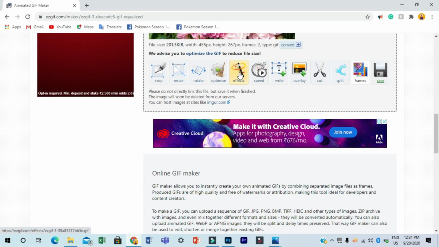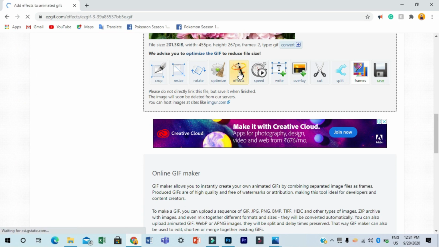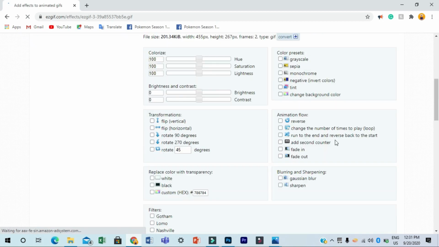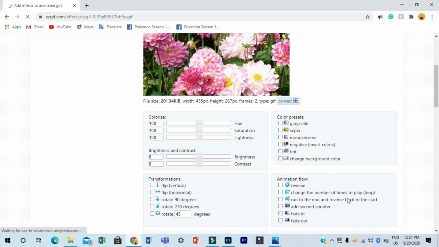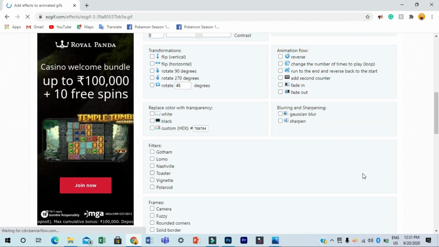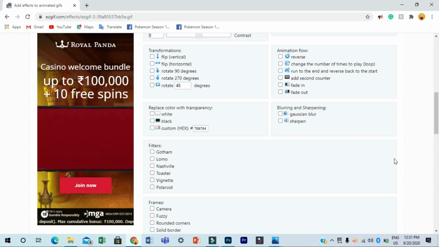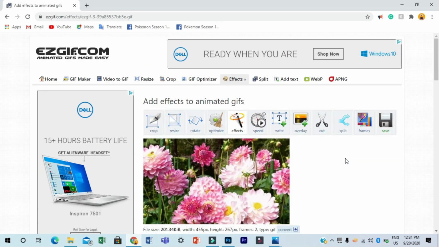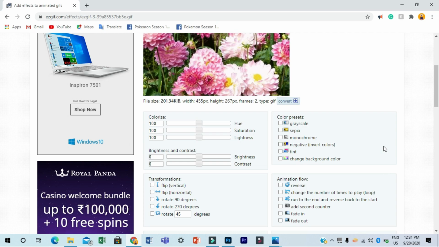This has effects, but as you can see, there is not a lot of effects. There are some color presets, filters, and that's it. Photoshop is the ultimate location. If you want to spend money for only GIFs, it is not worth it. For creating GIFs, this is the best platform you can have. You won't be able to make complicated GIFs, but anyway, it's good. So guys,